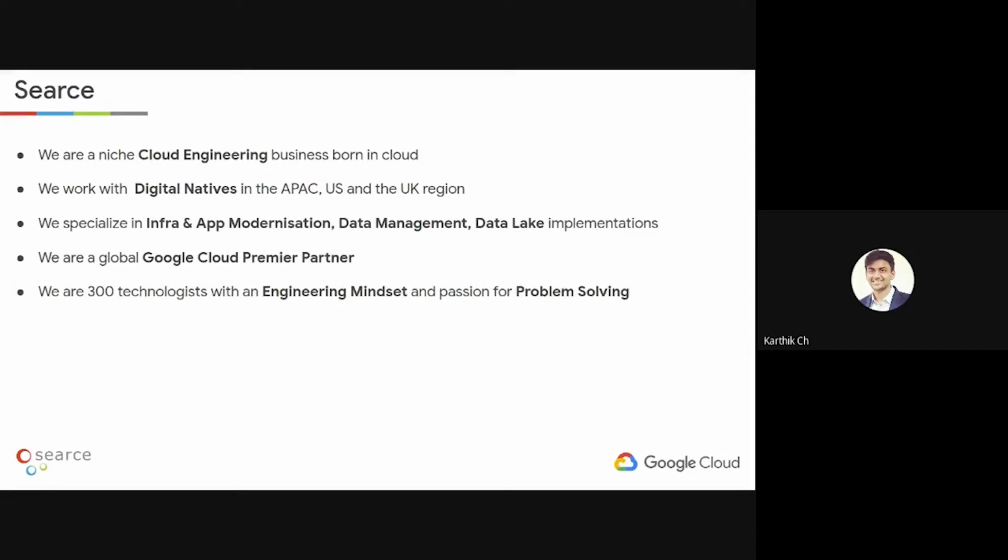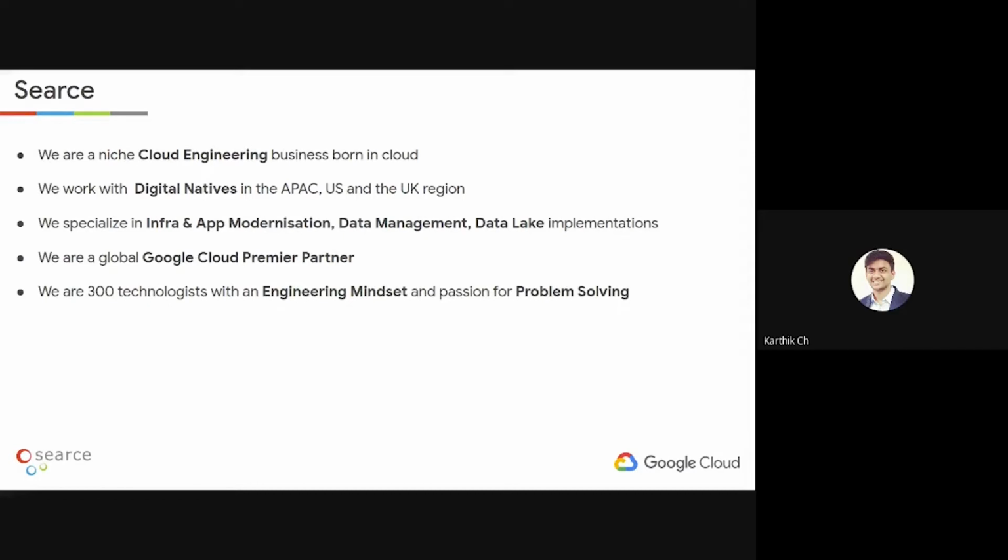Before we jump into the main content, I would quickly take a couple of minutes to introduce Sears. We are a niche cloud engineering business that was born in the cloud. In fact, we've been a technology-led business transformation company for the last 16 years. Driven by the idea of technology-led digital transformation, we're now one of the top cloud and analytics solutions and engineering companies in APAC, Europe, and the United States.